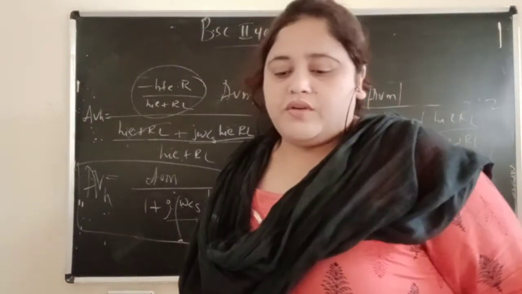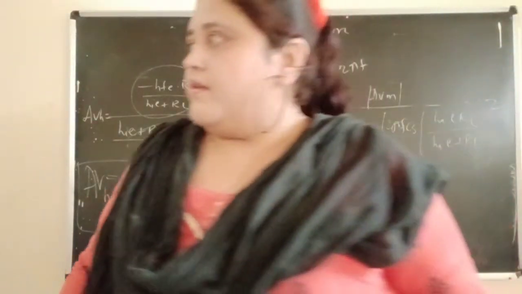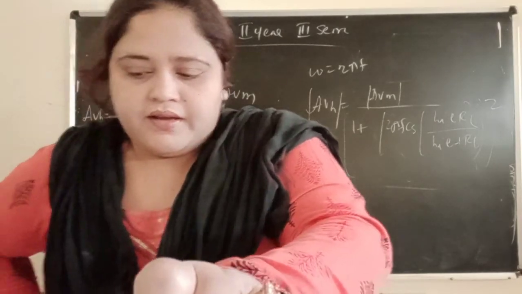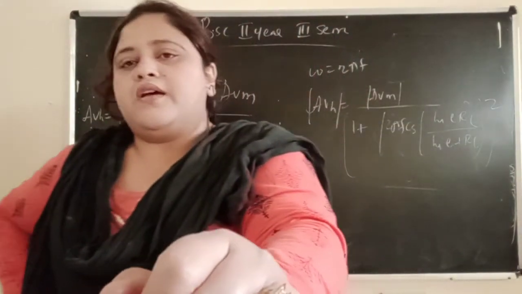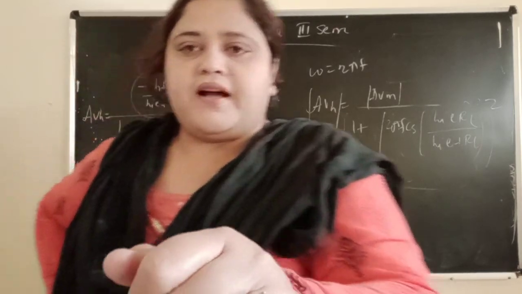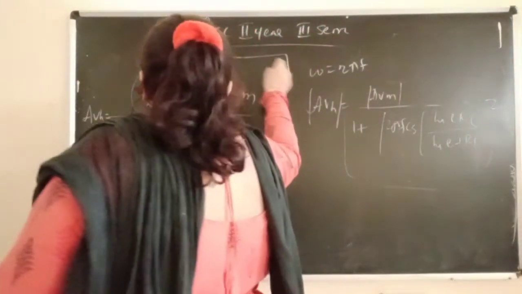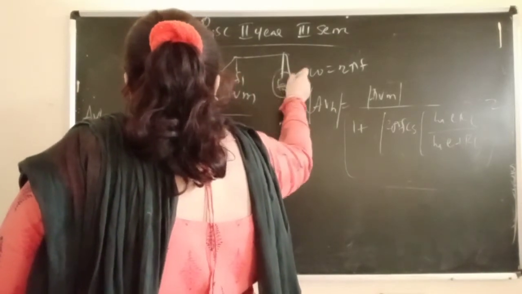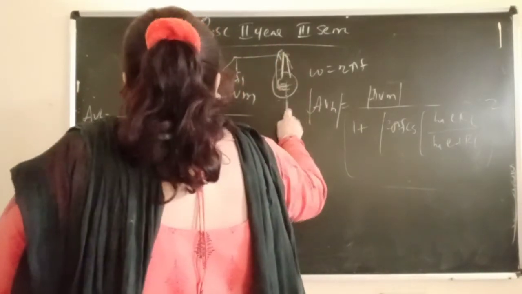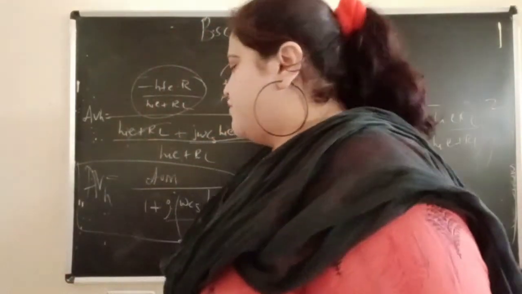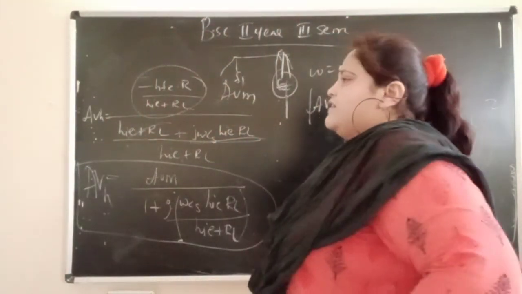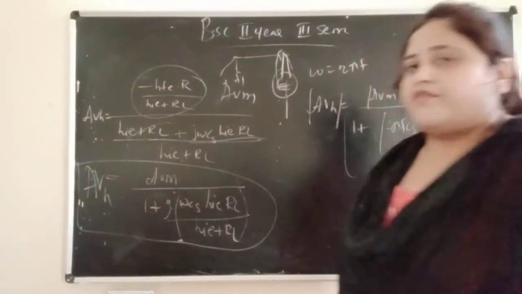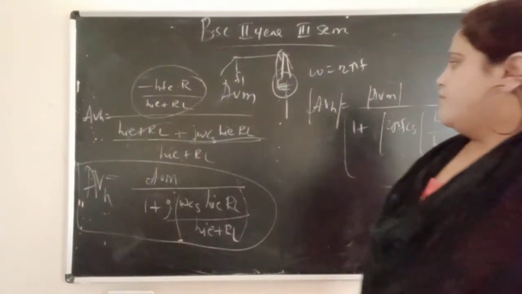Now we should write the upper cutoff frequency and upper half power frequency. It is known as what? F2. What is this upper half power frequency? This is F1, this is F2. So F2 is nothing but the upper half power frequency or upper cutoff frequency. How is it defined? It is defined as the magnitude of the high frequency range equal to 1 by root 2 of the mid frequency range.